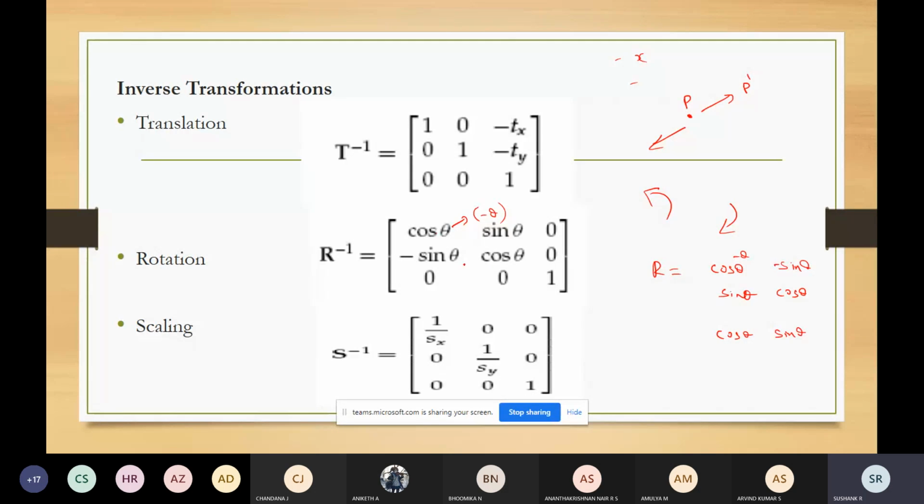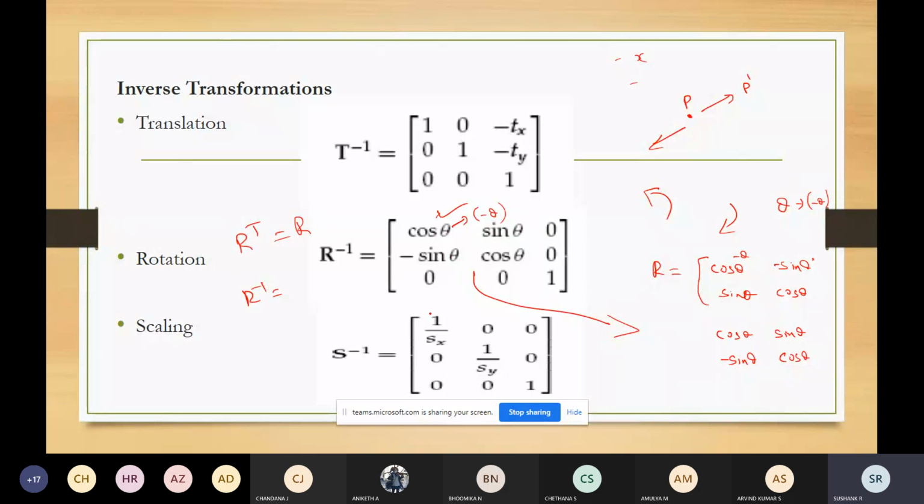Again, the sign of sin theta here will be minus. After this, again sin of minus theta, minus sin of minus theta means minus sin theta. Again, cos of minus theta will become cos theta. So that is how the final R inverse for this R matrix is obtained by replacing theta with minus theta. So you'll get the final equation R inverse. R inverse is nothing but the transpose of R. If you interchange the rows with columns, you will get the transpose of the matrix.